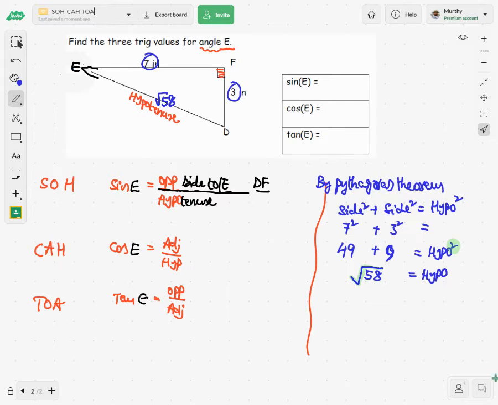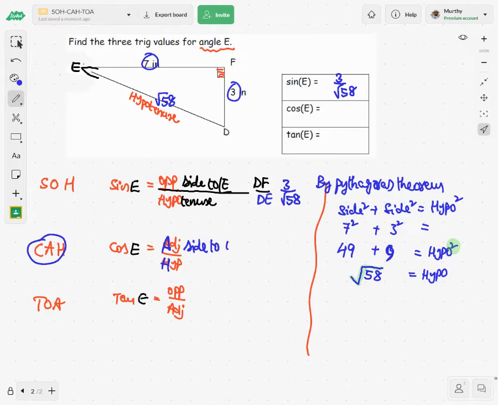Well, so sine equals the opposite side to angle E over the hypotenuse. The hypotenuse is DE. So what is DF? DF, you can see, is 3 units. It is 3 over square root of 58. As I told you before, if you want, you can convert into decimals. Therefore, it is 3 over square root of 58. And coming to cos, cos E, you know CAH. Here A gives you an idea of adjacent, H is hypotenuse. Therefore,